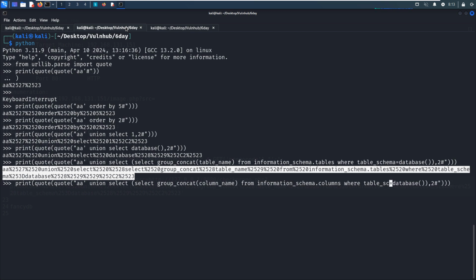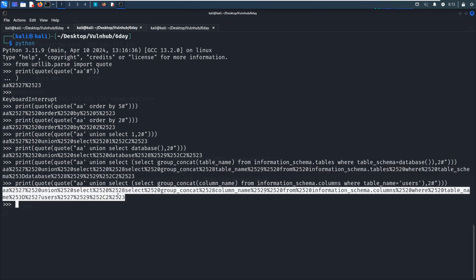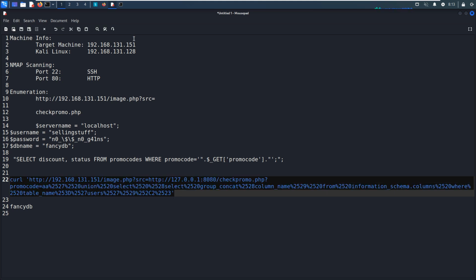Schema means database, and the name would be users. Of course, we need to use single quotes to wrap it. Okay, and now we can copy and replace this part and run it again in the terminal.